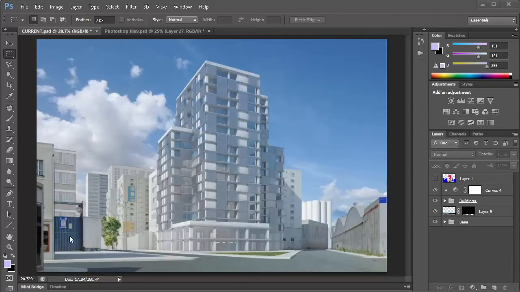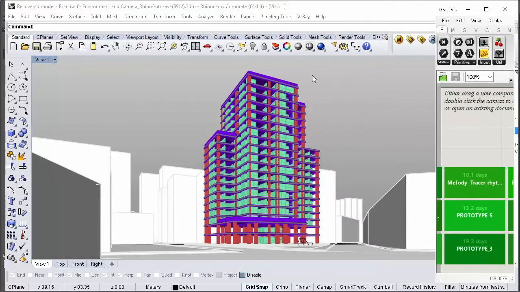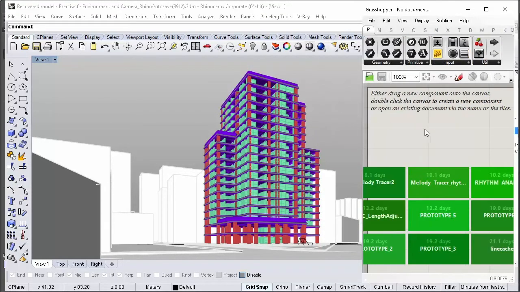Now, before we begin, it's a good idea to place a set of markers around here that will tell us the relative size of a person at every point here, because it's actually a bit difficult to calculate the size of people according to lines of perspective and so on. So a really easy way of doing this is to just open up the original Rhino file with the view and open up Grasshopper.